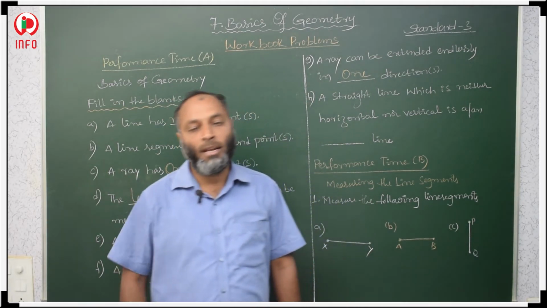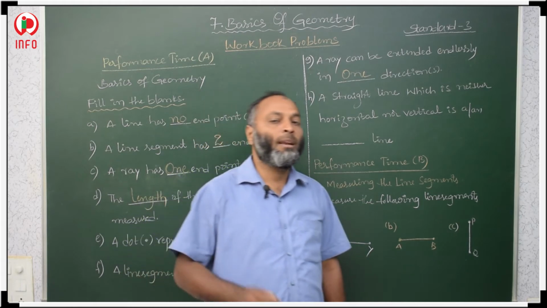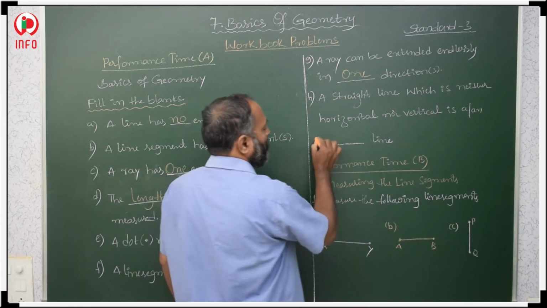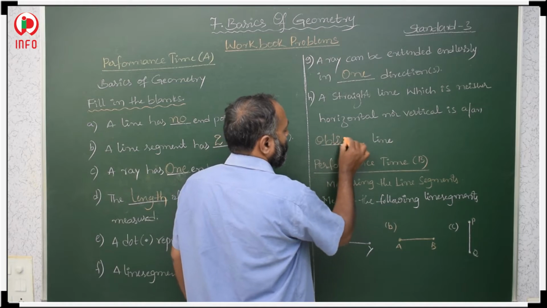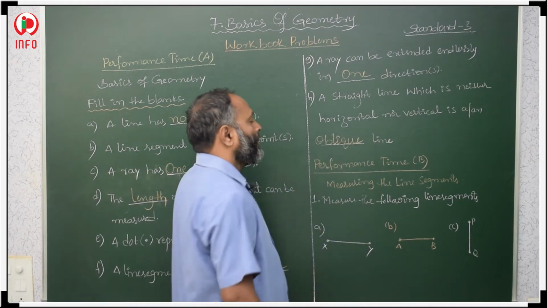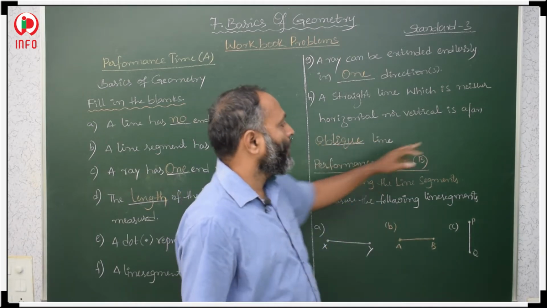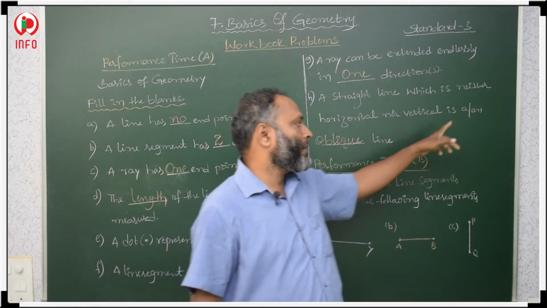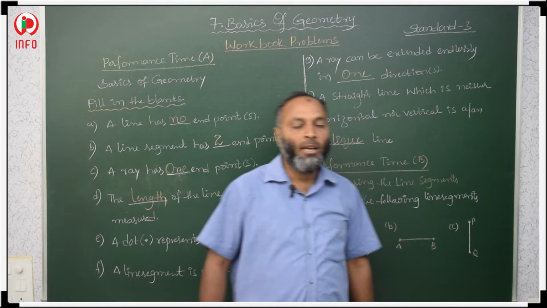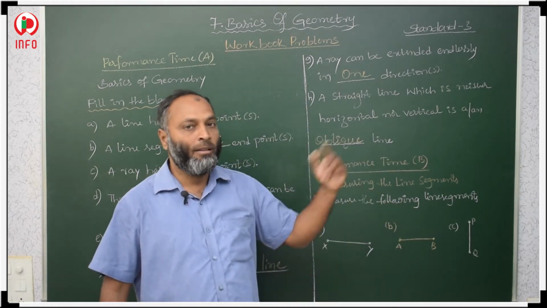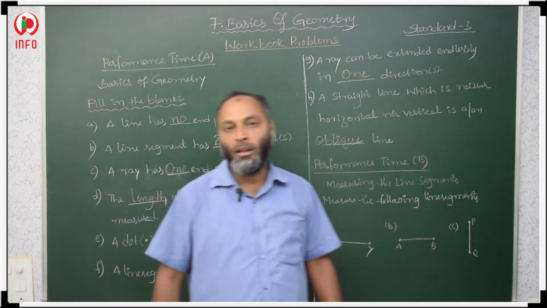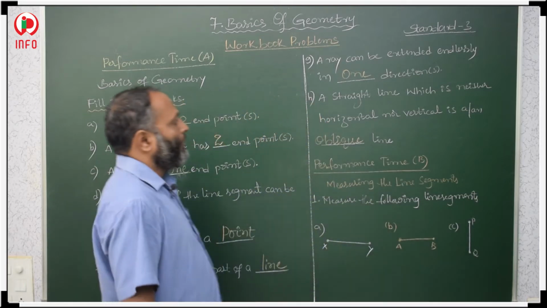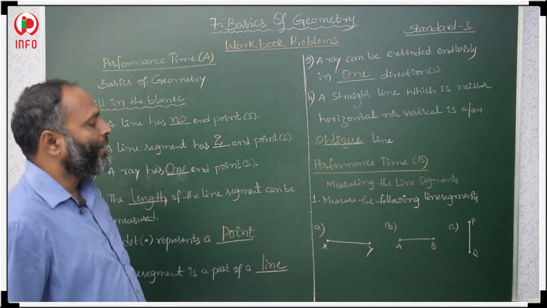A straight line which is neither horizontal nor vertical is a dash line, an oblique line or a slanting line. So whatever it is, correct. Oblique, an oblique is correct. Instead of oblique, if you want to take slant, a slant line. Neither horizontal nor vertical, that line is called an oblique line or otherwise a slanting line. Now, all these blanks we filled.